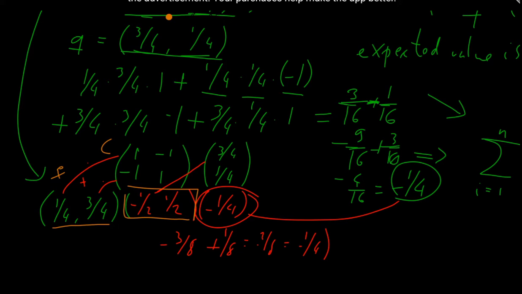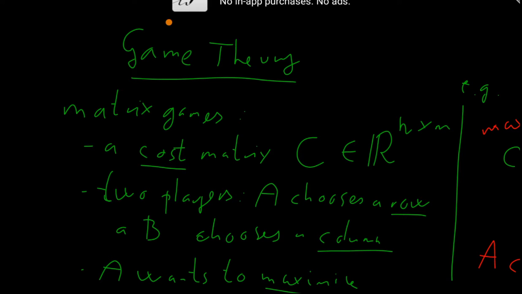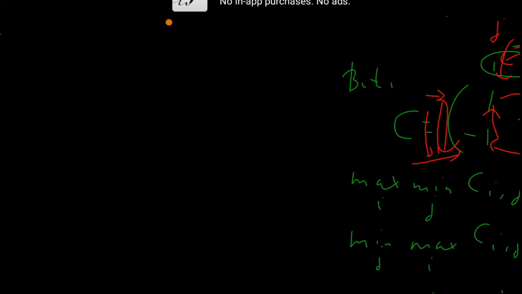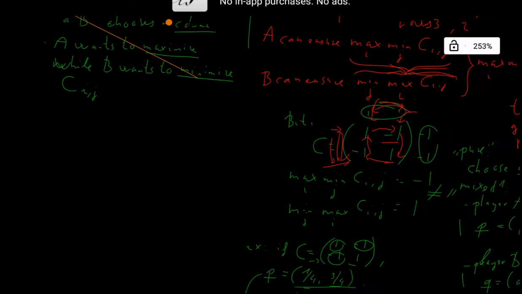And now I want, as player B, to construct a probability vector which minimizes the dot product of these two vectors. And of course, since minus 1/2 is the minimum of this vector,